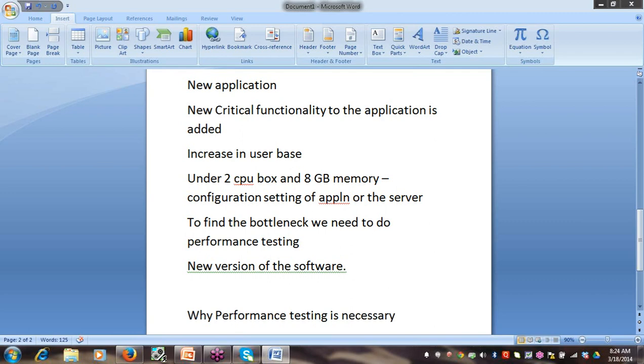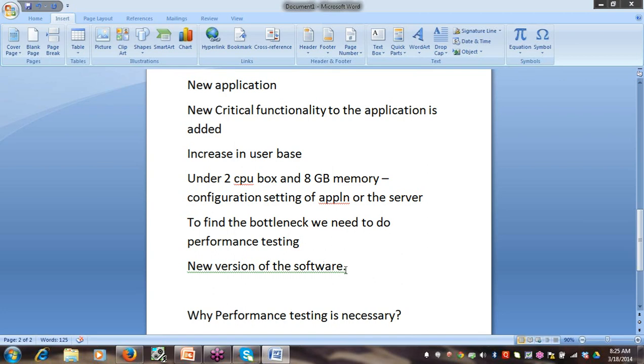So these are some of the topics you should know before we proceed with the actual scripting components of LoadRunner or, say, JMeter. Once your concepts are clear, whenever an application comes to you for performance testing, you should think in a particular way: what is the objective of that application, and why is performance testing necessary?